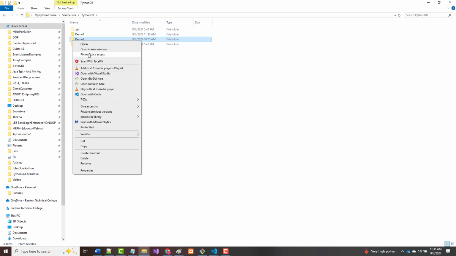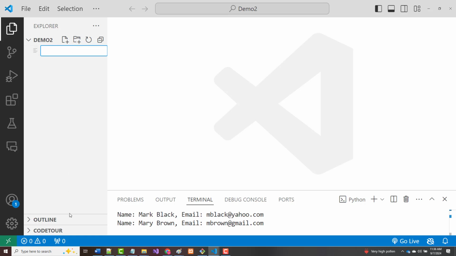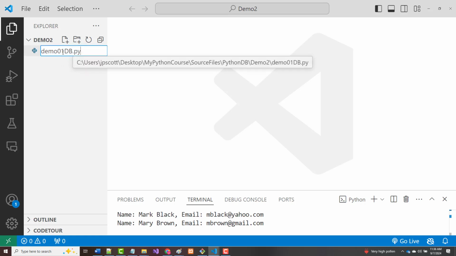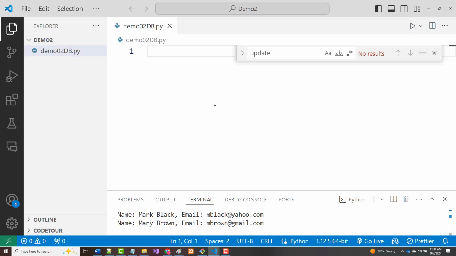I'm going to open this up with code and create a new file, Demo02.py. What I want to do is basically go back in and do what I did before